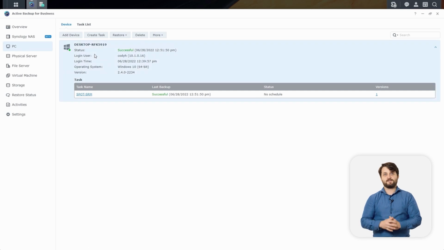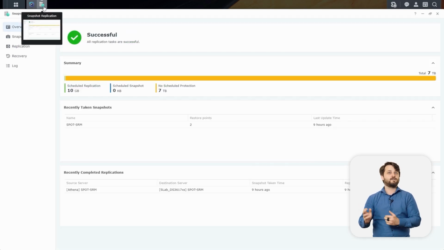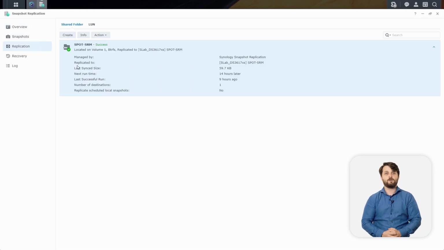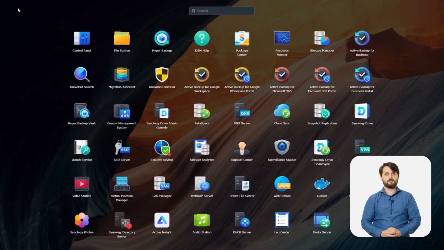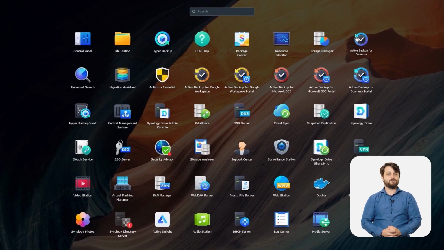Now on this specific device, we've actually also replicated it to a secondary device that's a little bit more powerful at a co-location facility, or a stand-in for that. This is going to be sending this data over to our lab. Now as we transition over here, we're now on the secondary NAS, the destination for that replication task, and we'll be restoring utilizing this Active Backup for Business instance here, and we'll be relinking this data in just a moment.